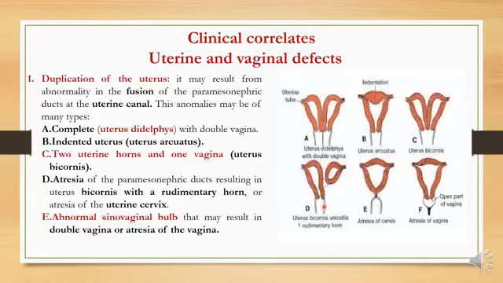Now, the clinical correlates: uterine and vaginal defects. First, duplications of the uterus. It may result from abnormal fusion of the paramesonephric ducts at the uterine canal. These anomalies may be of many types. It may be complete, called uterus didelphys with a double vagina,